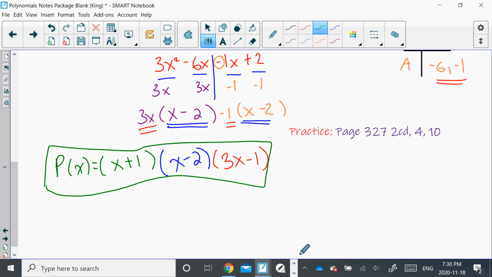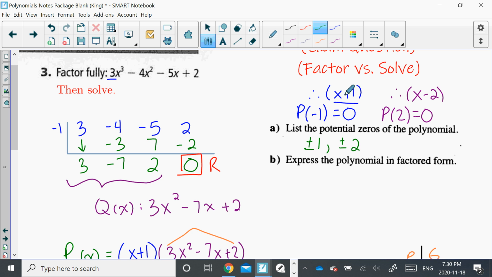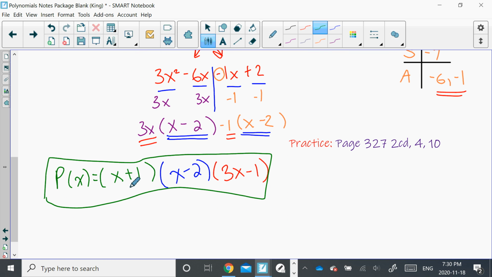Just to double check, let's go back up to the top. We knew that x plus 1 was a factor. We knew that x minus 2 is a factor. So x plus 1, x minus 2. And I'm going to show you quickly how I know that this is a factor. So how I know that this one was a factor,